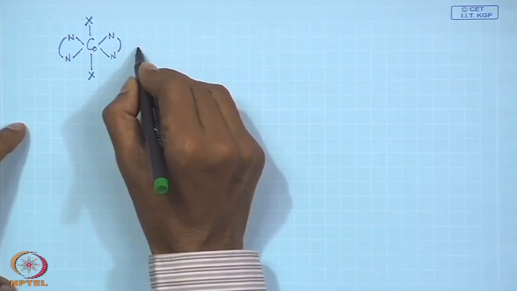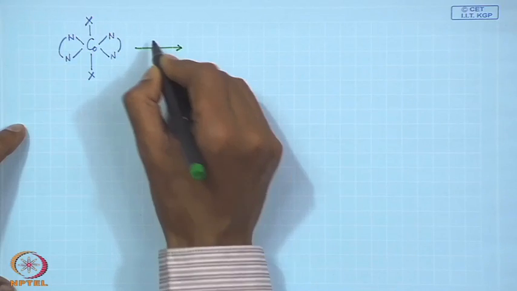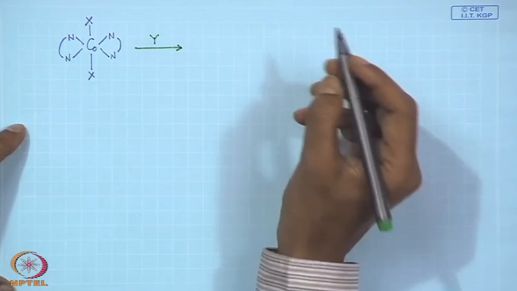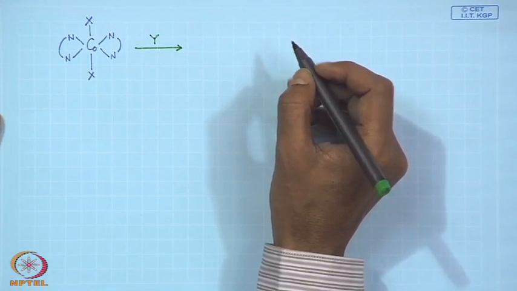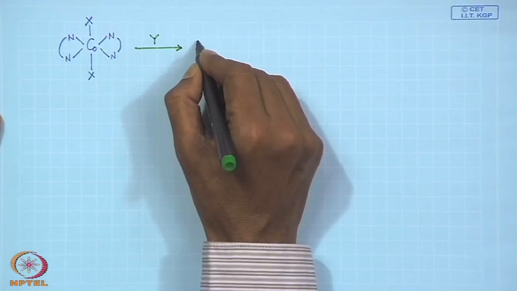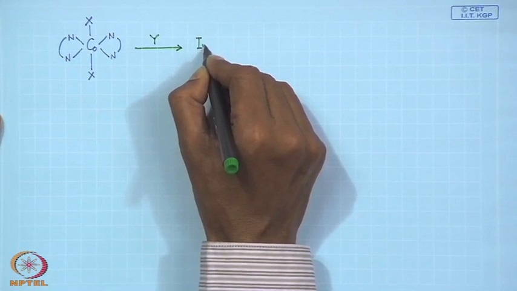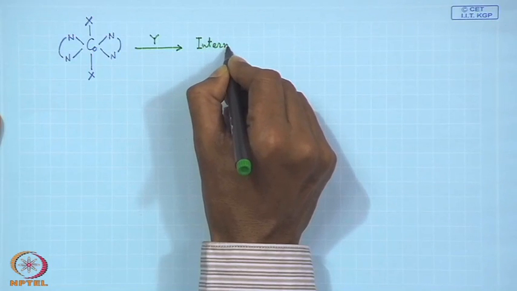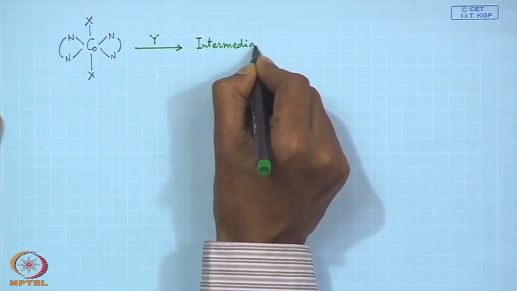So, we will just see now this y will enter by replacing these x groups. So, the intermediate or the transition state which is forming